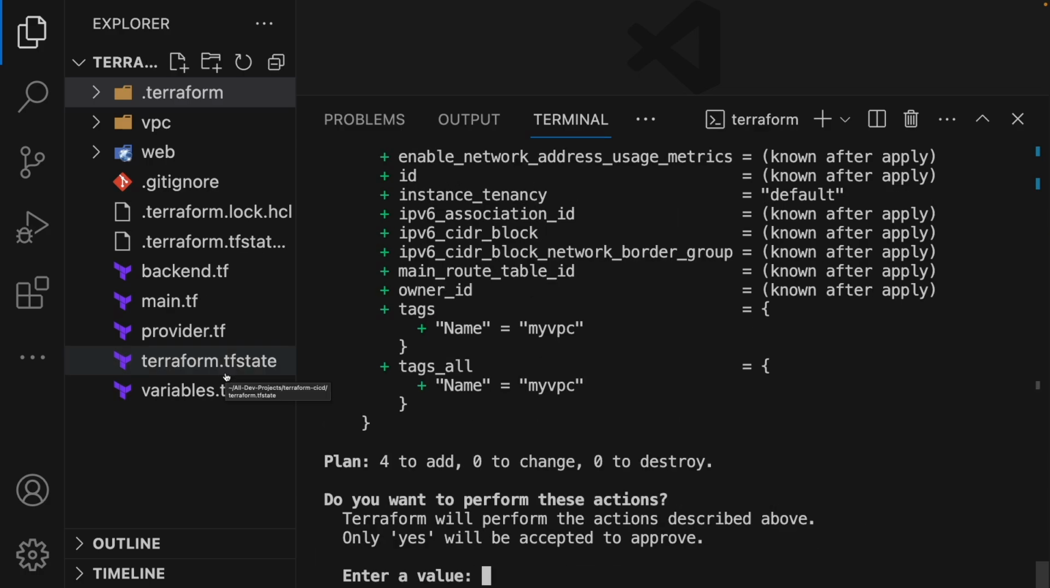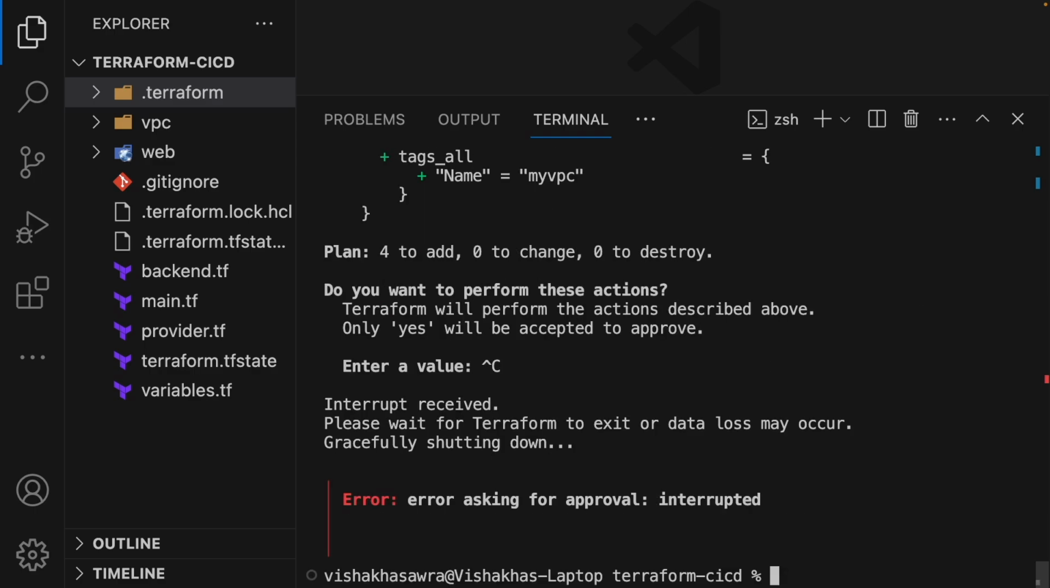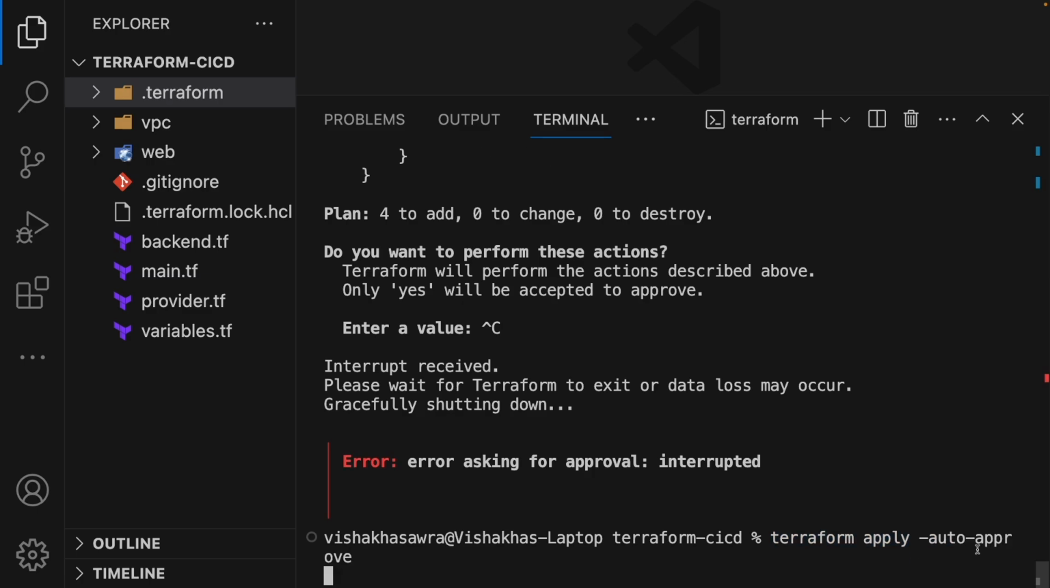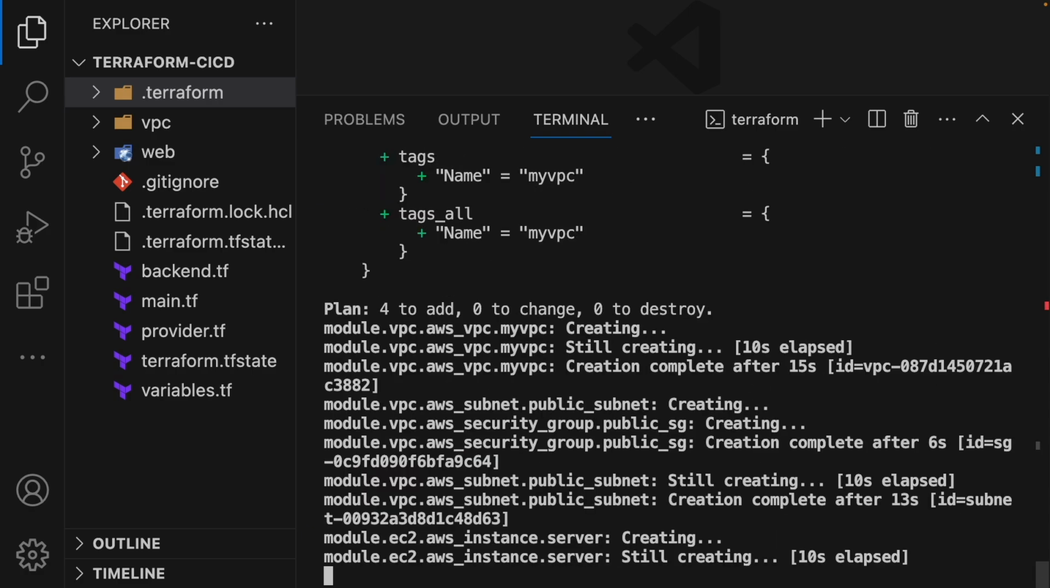I think it has generated this terraform.tfstate. So one thing we forgot to put in our command is -auto-approve. I'll show you what I'm saying. Here you have to enter the value, yes, but we don't want to manually enter this. So let me first just stop this and let's run the command again. And this time our command is going to be this terraform apply -auto-approve. And then let's hit enter. And this time we don't have to manually put yes. This is going to take